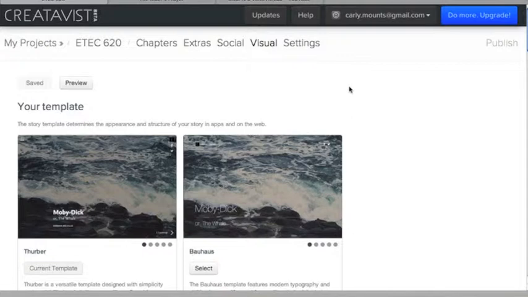I also would have liked more than 2 free template options to choose from. Some that maybe were more dynamic or just set up in a different way instead of 2 that are very similar. So that's another thing that puts me on the fence of whether or not I really want